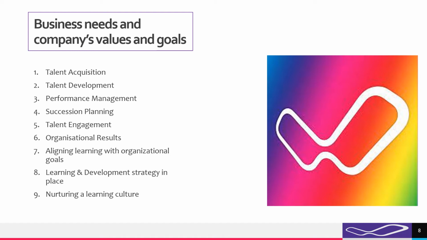Once the organization has the backbone of the talent management framework, they can then start breaking it down into more detailed actions to take place. Let's consider talent development as an example. The framework could contain the following steps. Aligning learning with organizational goals is a very important component to consider in organizational development. A learning and development strategy should be in place. Nurturing a learning culture is most important to build a good culture in the organization. And measuring training effectiveness is also important to train the employees according to the organization's needs.